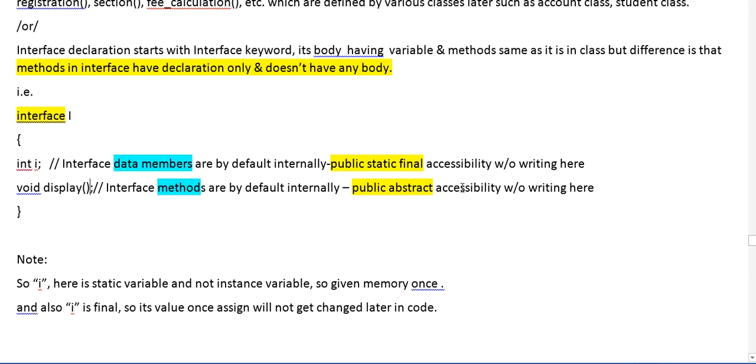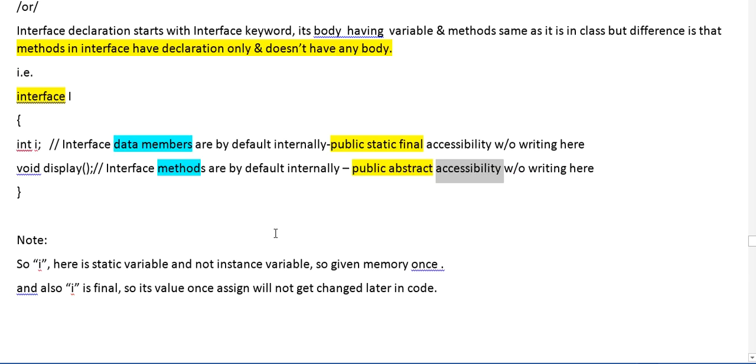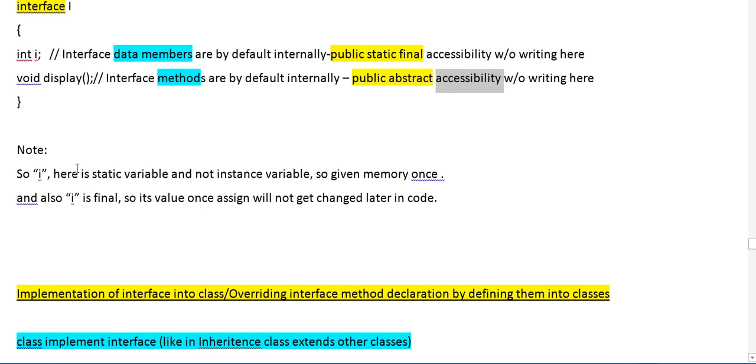Although we do not write the prefix abstract, or public static final, internally if we declare data members and methods in an interface, then they have this accessibility by default. So here I is a static variable, not an instance variable.